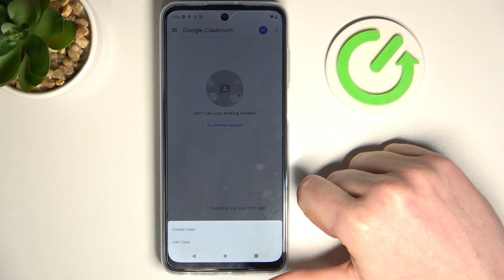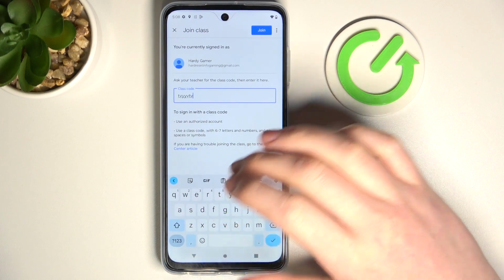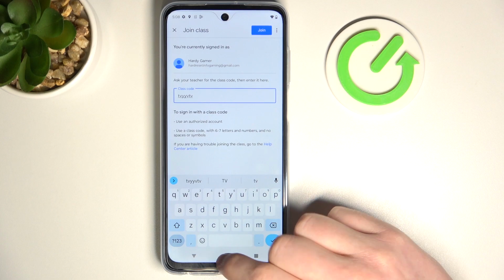Then you can tap on the plus button, join the class, enter the class code right here, and then you should be able to click on the Join. And that's it for this